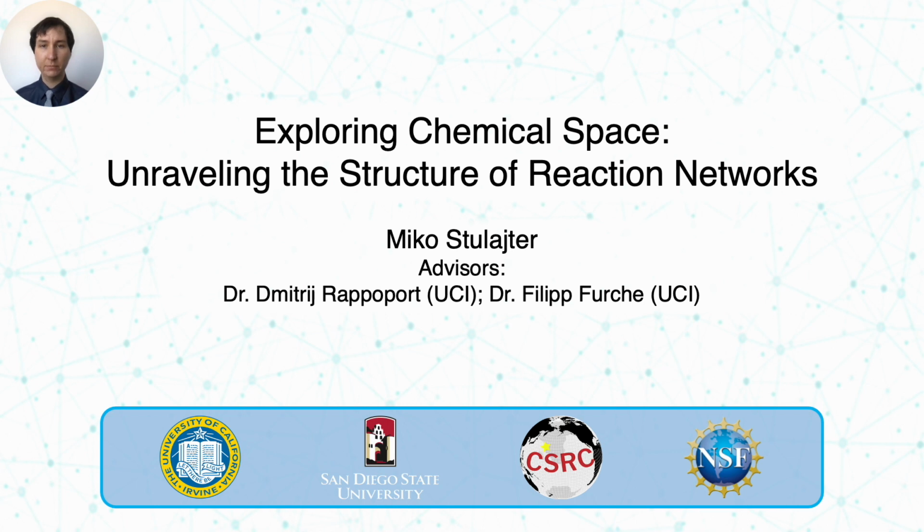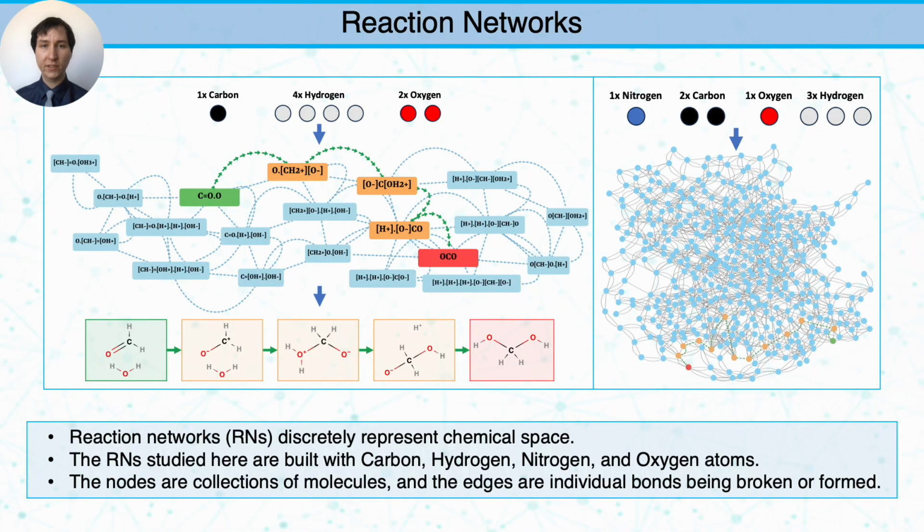Here I will be giving a brief presentation on exploring chemical space, unraveling the structure of reaction networks. So what are reaction networks? Reaction networks are discrete representations of chemical space, which is the space containing all possible molecules for a set of atoms. Chemical space is extremely vast, diverse, and difficult to explore, being high-dimensional, so a discrete representation makes it easier to explore. We call these networks reaction networks because they contain reaction pathways, like the paths highlighted, going from reactants